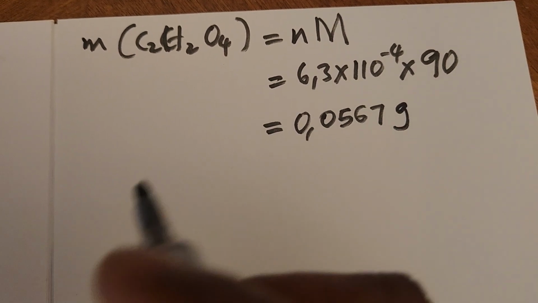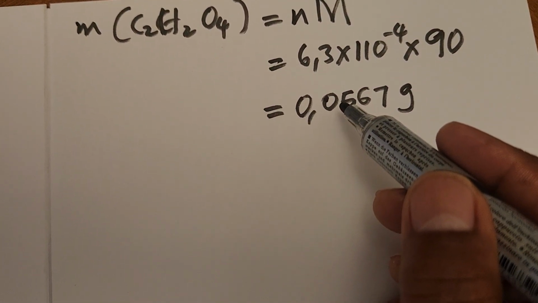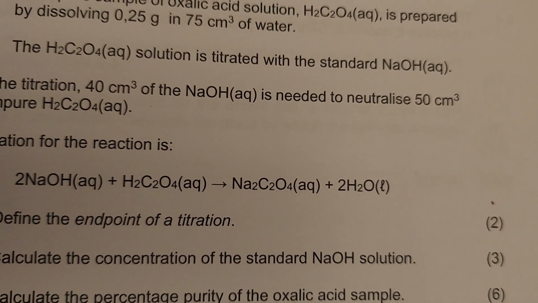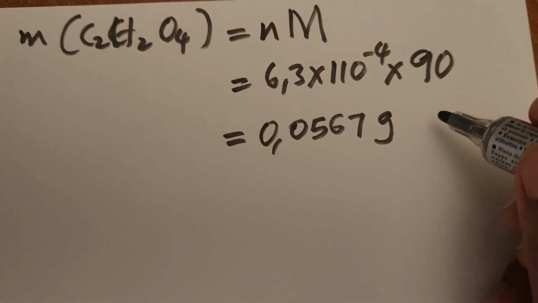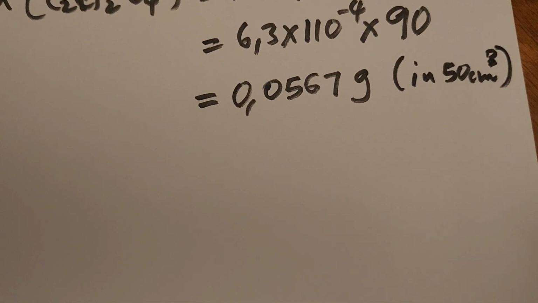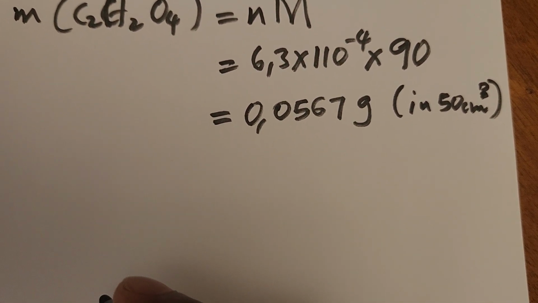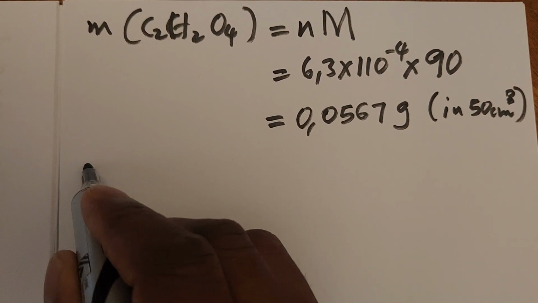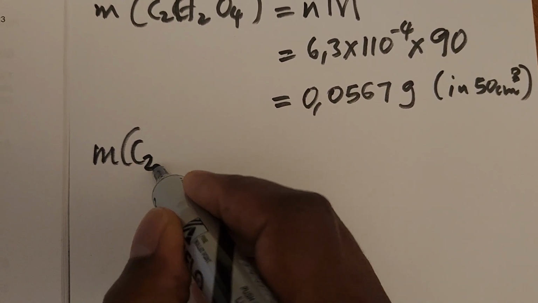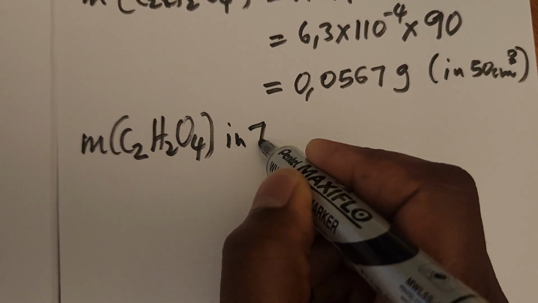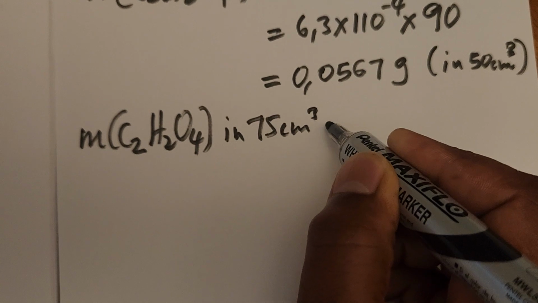This will be in grams. Now this mass, remember, is in the volume that was involved in the titration. The volume that was involved in the titration is 50. This one is the mass in 50 cubic centimeters. Now we have to find the mass in the 75, the original solution in the sample. Therefore the mass of oxalic acid in 75 cubic centimeters will be